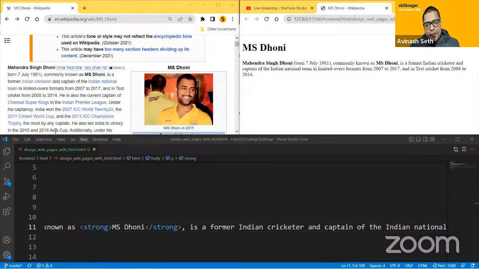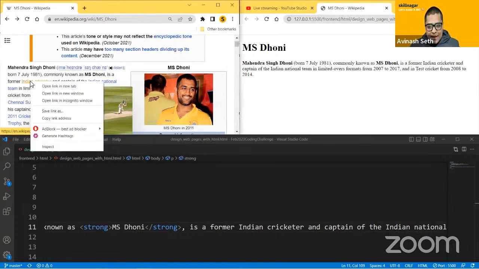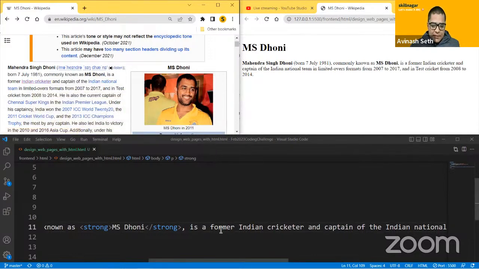So what I can do, I can simply come here. I can click on this Indian cricketer, right click on it, and I will click on copy link address. Copy link address. And now I will make sure this Indian cricketer is clickable.